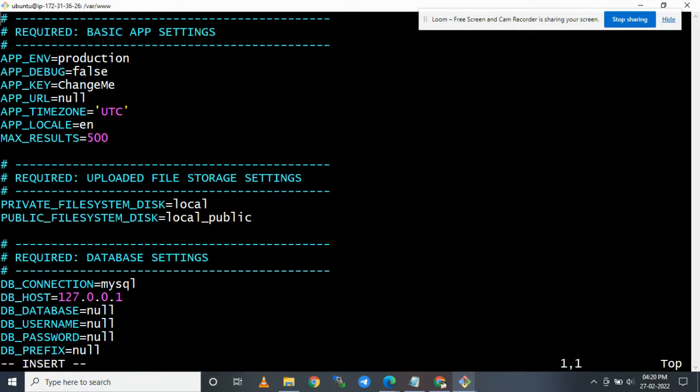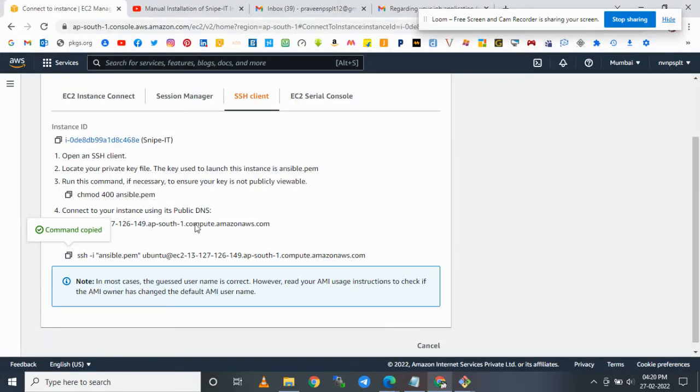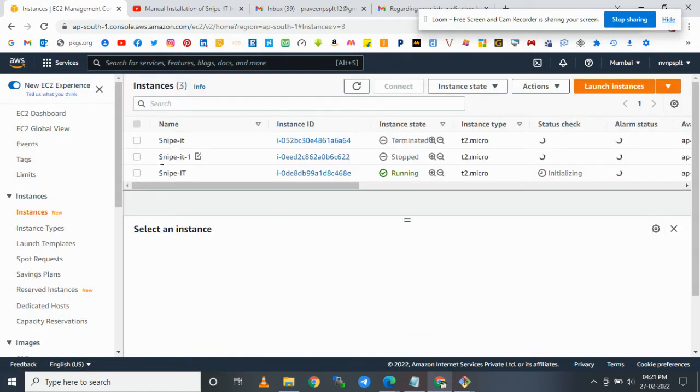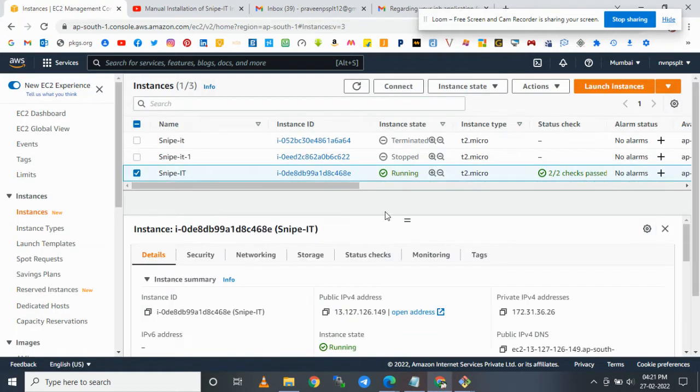Here we configure the localhost, then here true. For the URL, in place of this we are going to give our instance IP address, private IP.